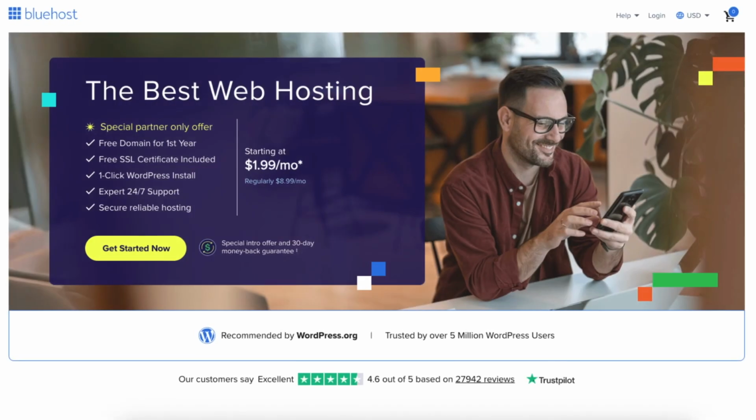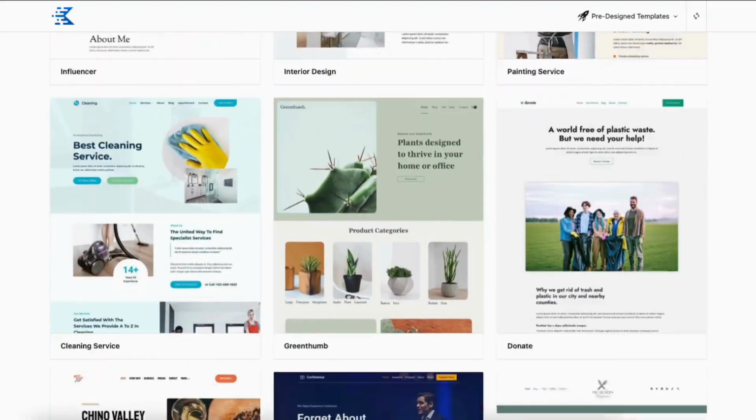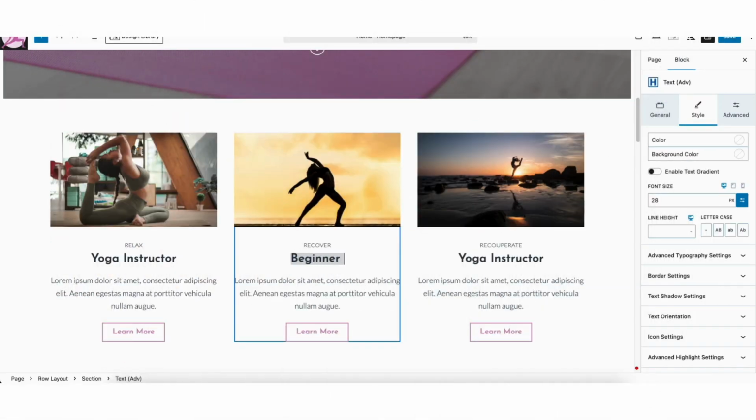You've set up your hosting, imported a professional design, customized your content, and structured your website to start attracting real